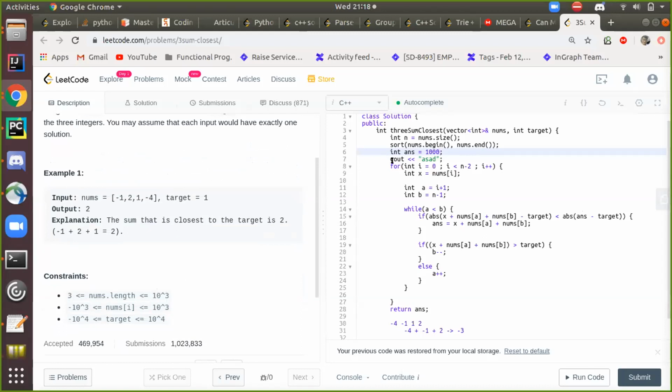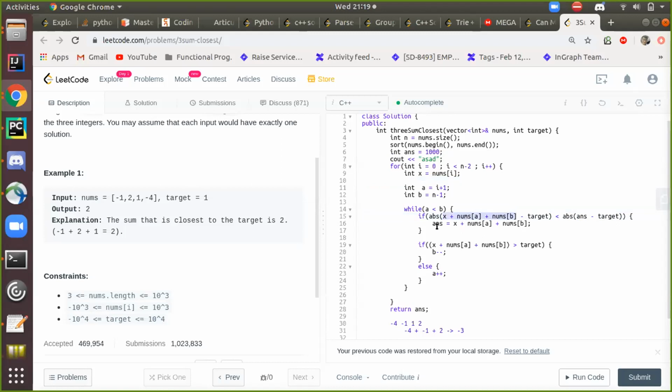So the next thing is that I have sorted the array, and then I have picked an element, which is x here, and then I ran a loop from the i plus 1 till the n minus 1th index. This loop is from line 14. If the sum of these three variables, x, num a and num b, minus target is lesser than any pre-found difference, then I save this triplet.